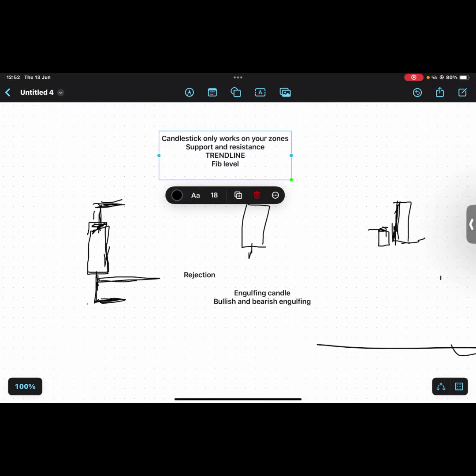And use it. You can just pick one or two. Are you going to use it for your entry or use it for your exit? It can also work for your exits. You understand? If you are in a trade and you spot a particular candlestick pattern, you can just use it